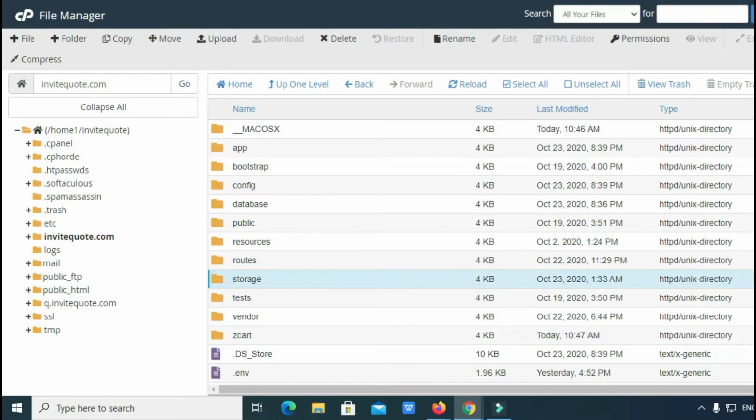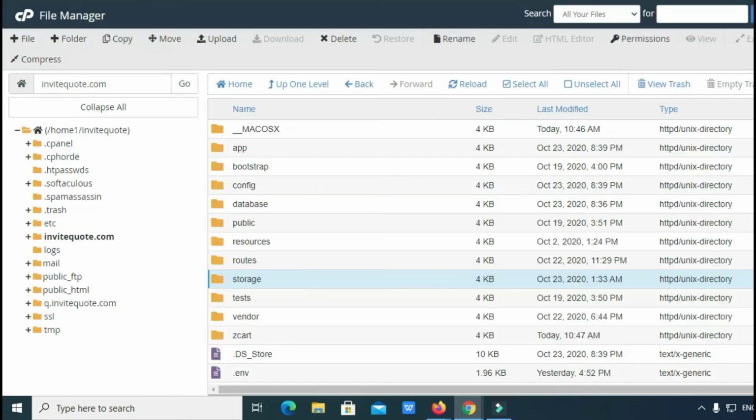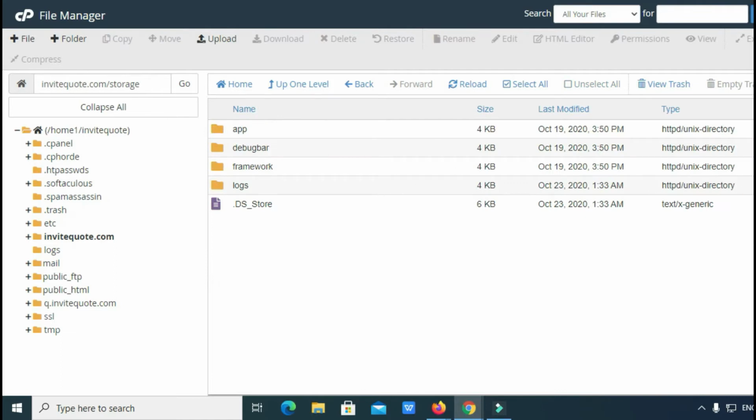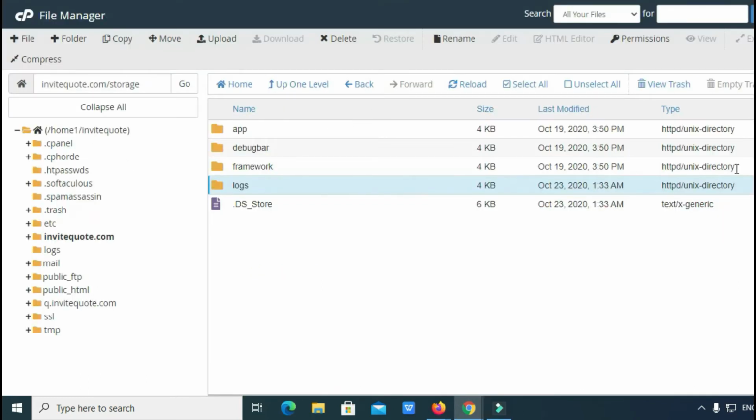First storage, we can change it to 775. Now storage logs. Storage framework.